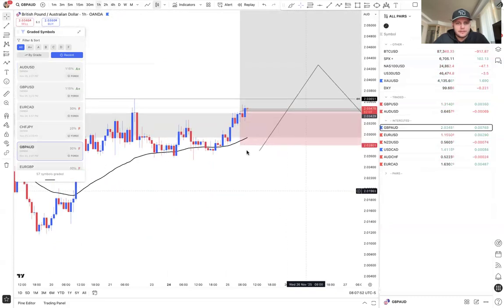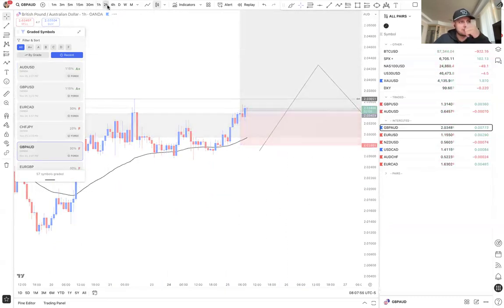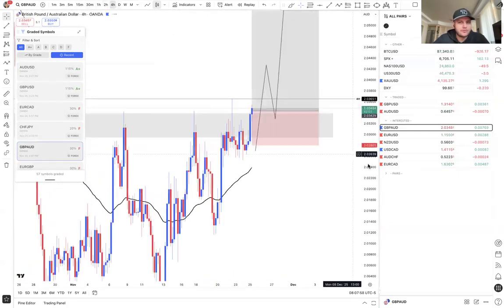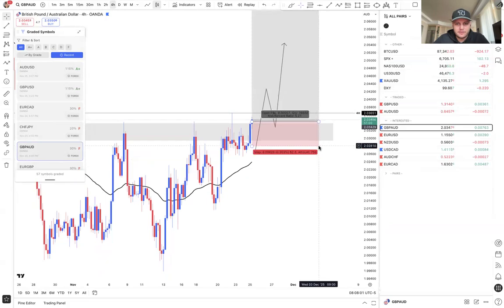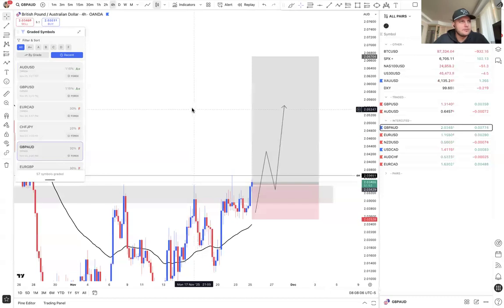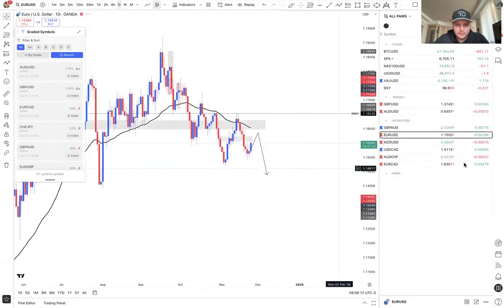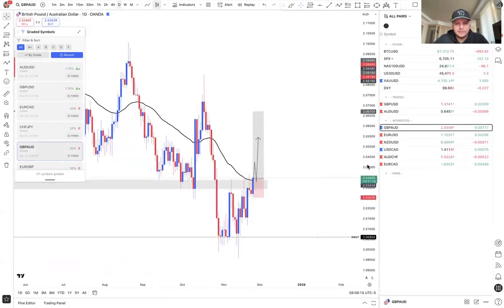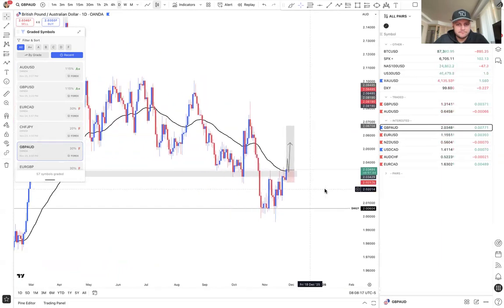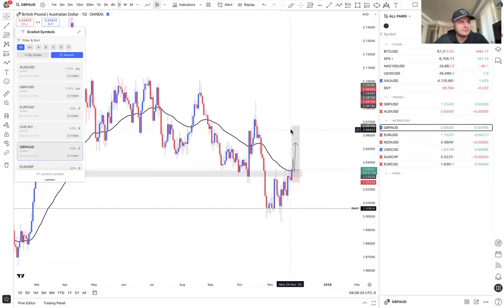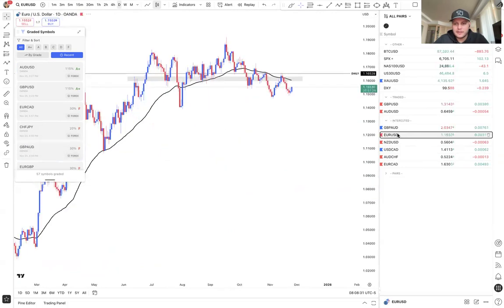If we were going to enter it, I don't like taking trades with stop losses bigger than like 30 pips. I can't remember the last time I took one with one over 40. But this one would have to be at the very minimum like 65 pips, and that's cutting it. 80 to 90 would be more ideal for this type of move. Anyways, that one is for you guys more so than for me. But I guess it differs with different pairs. Price is going to push up to here, most likely somewhere within this area before having any kind of a reaction to the downside.